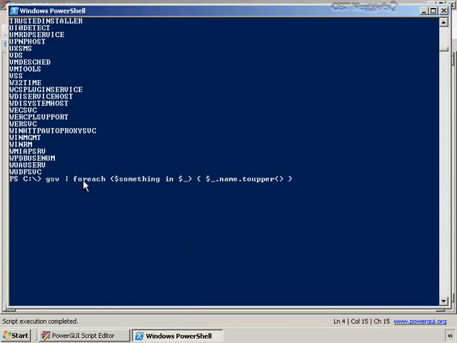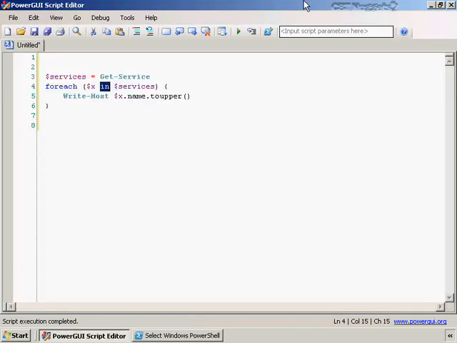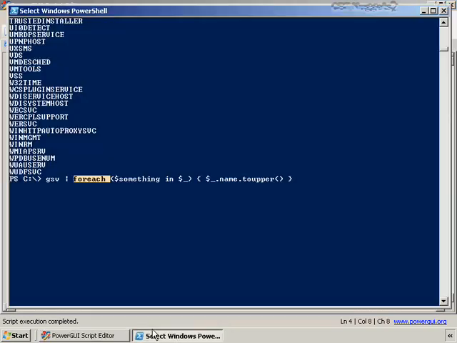So there's actually the alias for each, and then there's the scripting keyword for each, and they have different syntax, and it's confusing. And personally, I think it was a bad idea for the PowerShell team to do that because it is confusing. Here's how I resolve that confusion. I never use the alias for each on the command line. If I want to use for each on the command line like this,